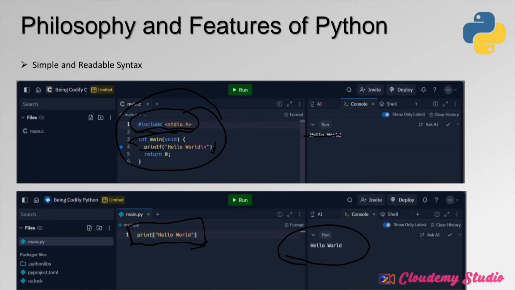Next, Python is an interpreted and dynamically typed language.